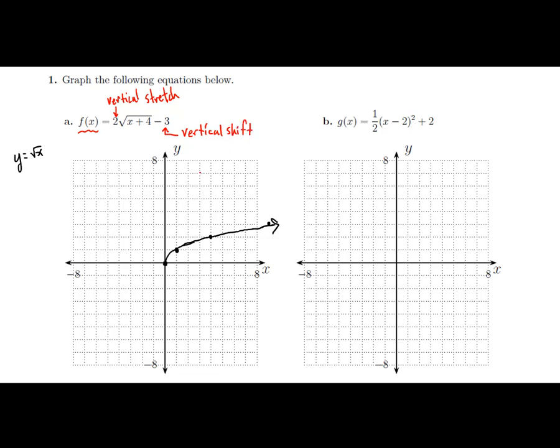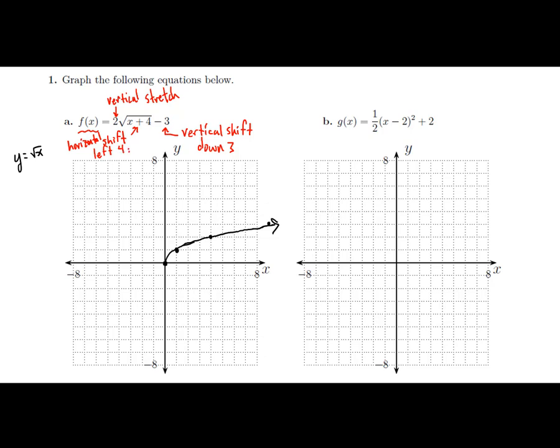And remember, vertical shifts kind of go in the direction you might expect. So this is down 3. All right, then lastly, this plus 4, this is happening inside the argument of our function. And so this is a shift. And I'll go ahead and indicate that it's a horizontal shift. Horizontal shift. And then remember that this kind of goes in the opposite direction you might expect. Or think of it as things happen 4 units sooner than they would have, so it's going to go left